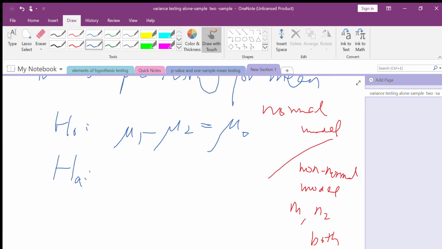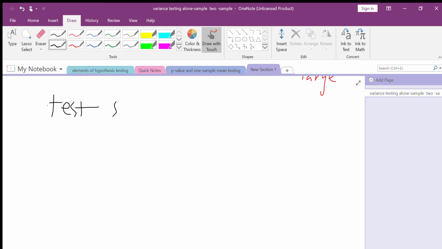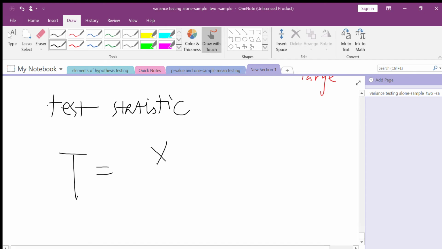Our hypothesis testing is as follows, and we utilize the following test statistic. The T test statistic is capital X bar minus Y bar minus mu0, the null mean, divided by